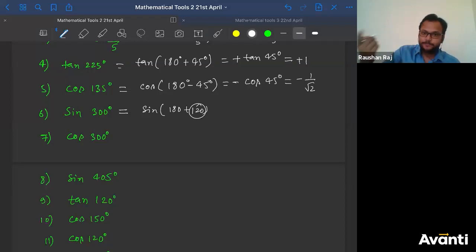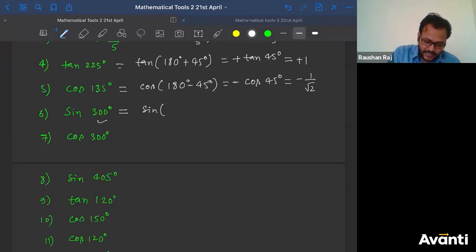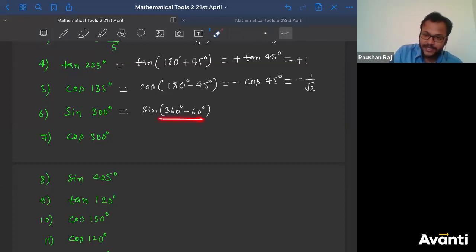Now, which is the next pi here? Can I say pi? Then the second is 2 pi. This is less than 2 pi. This is greater than pi, but this is less than 2 pi also. So I can write this as nothing but 360 degrees minus 60. Now I have written this in terms of n pi minus theta, and at the same time I have got an acute angle. 360 is 2 pi, minus 60 is pi by 3. So this is n pi minus theta, correct?